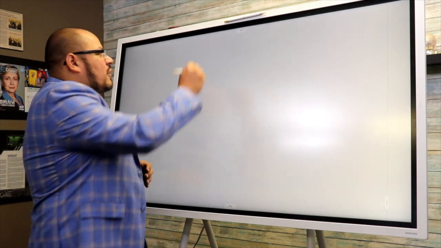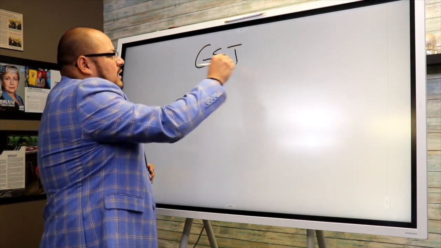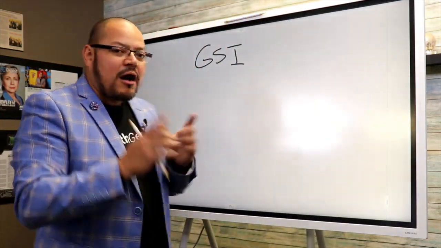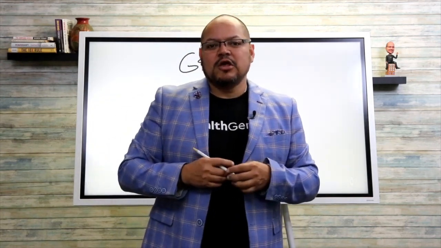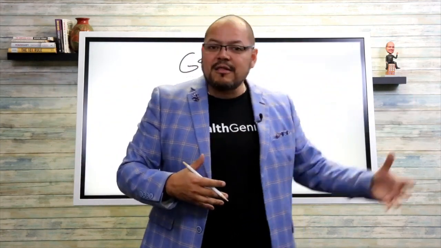So we start at the very top with your gross scheduled income. This is the income that is scheduled to come in, right? These are your rents. So if you have 5 tenants, you have 5 scheduled rents that are due to come in on the 1st. But just because they're scheduled, it doesn't mean those rents are guaranteed. You may have some vacancies. You may have some people that are late on the rent. Some people didn't pay their rent.